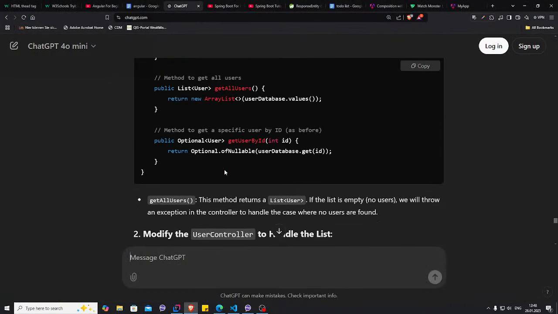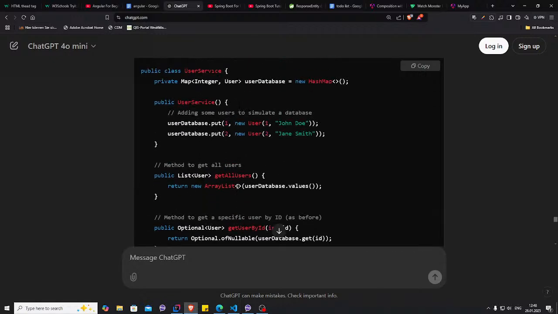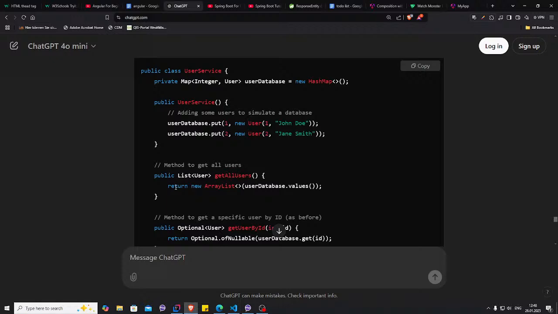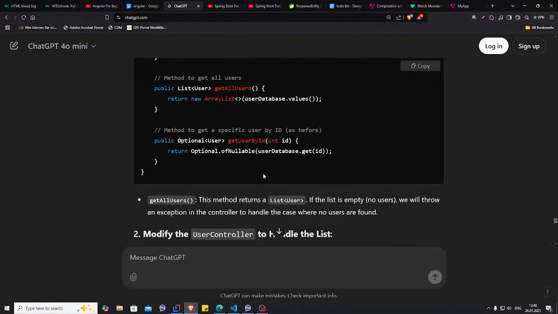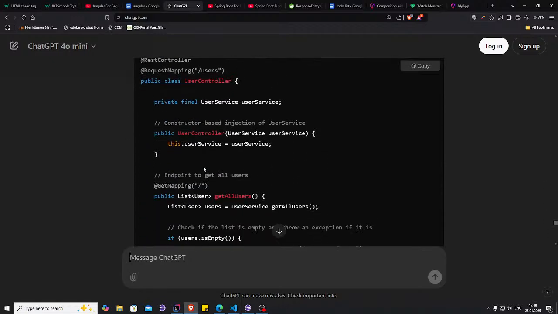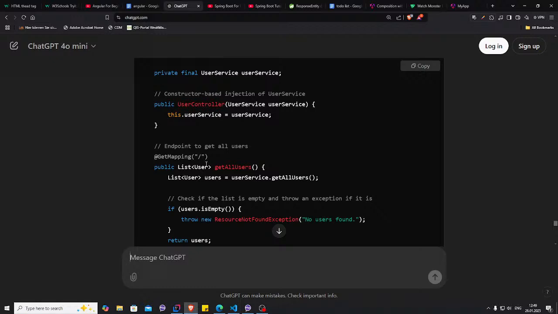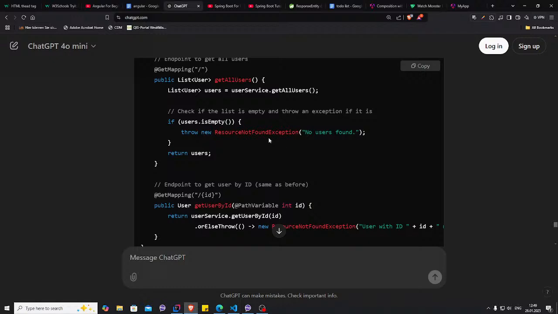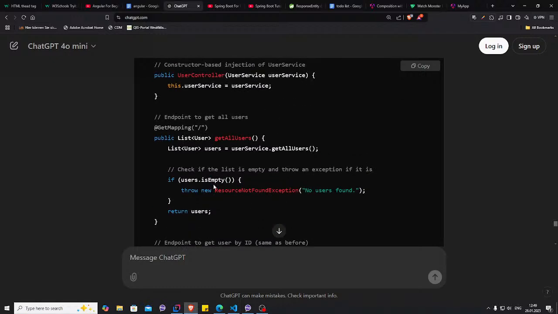So we will be getting back a new ArrayList. Okay, so he returned it in an array list instead of keeping it as a list. I didn't know about that functionality also. So GetMapping, get all users. If the user is empty, so here he did it with the if statement to check if the user is empty or not. And we talked about isEmpty, and this one we use for the collection, and there was another one that we use with